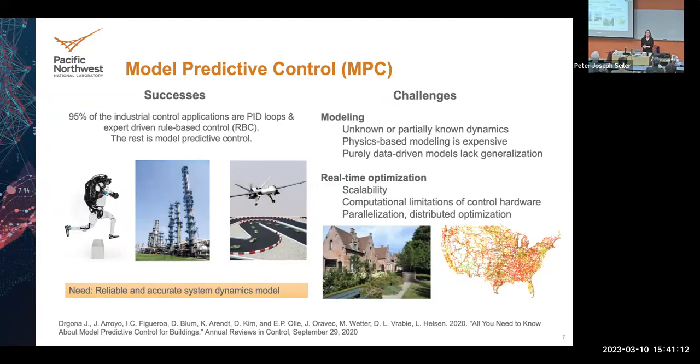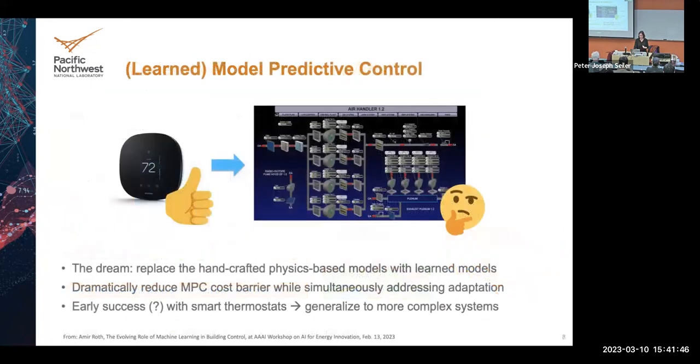The other component of the challenge comes from the real-time optimization that I mentioned before about MPC. And that means you have to solve these control policies online. And typical control hardware available in buildings cannot handle optimization solvers. So that is a cost component that has to be incurred by the building owner who wants to transition to such an advanced control method. So we started looking at how to introduce learning-based approaches in model predictive control.